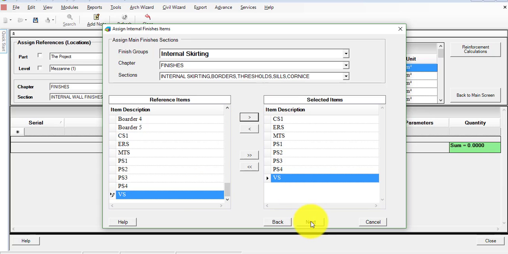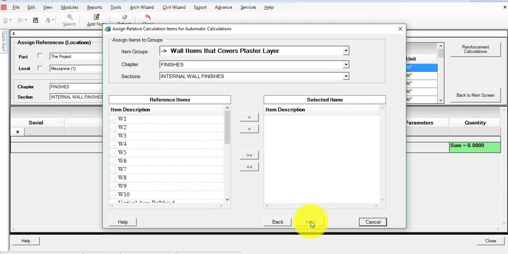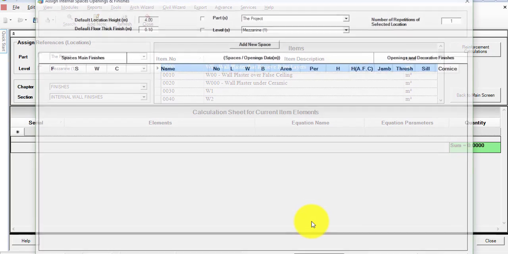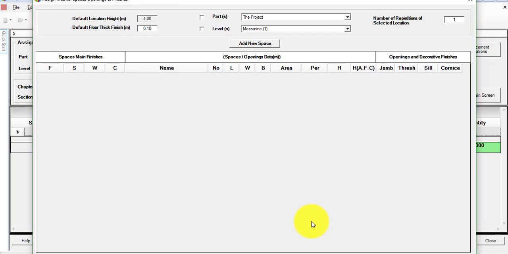Since we're done, you simply click on next and then next, and it'll take us back to the station. So this was the initial step to define all the finishes that we need to put in this takeoff screen. So assign internal spaces, openings, and finishes. Once again, we've got the part, the levels, the default location height in meters, and the default floor thickness finishing,